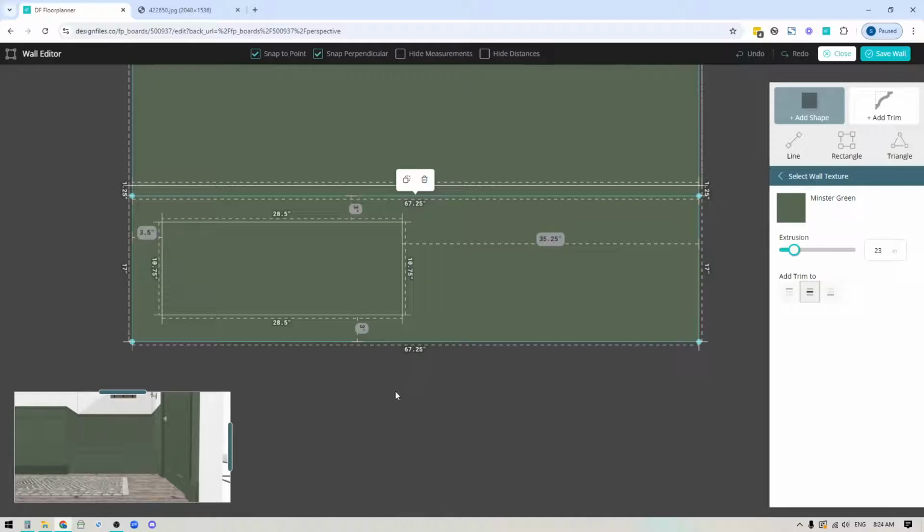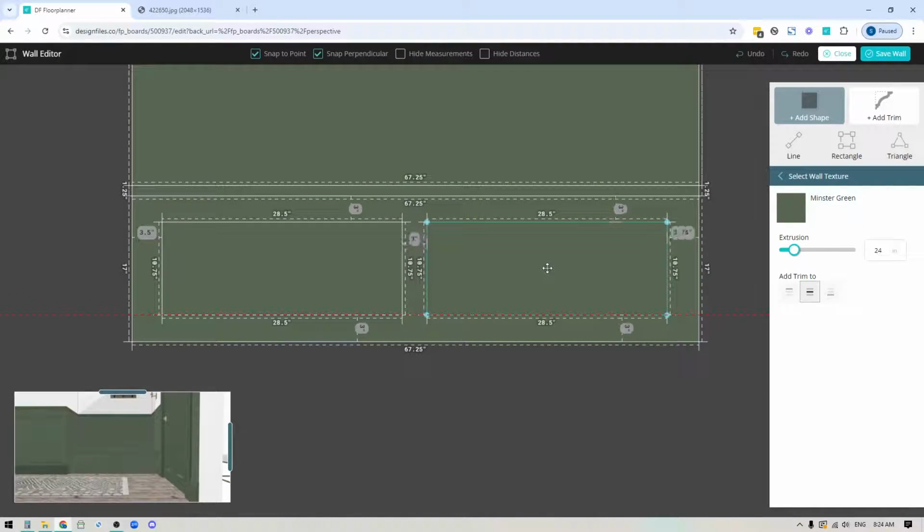this built-in bench. And I'm just going to duplicate this, drag it over here, and then we'll add this in here. So I've got 3.5, and it looks like I lost about a 1/4 inch, but that's fine. So we've got a little bit less of a gap between the 2 drawers than we do on either side. That's totally fine. So the next thing that I want to do here is, if you like the idea of having kind of a shaker style drawer for this, then I would add in another